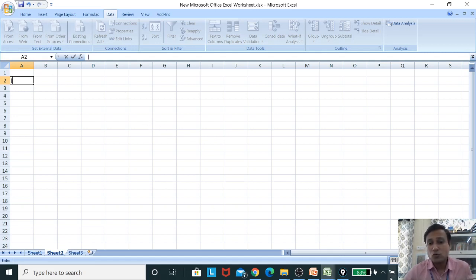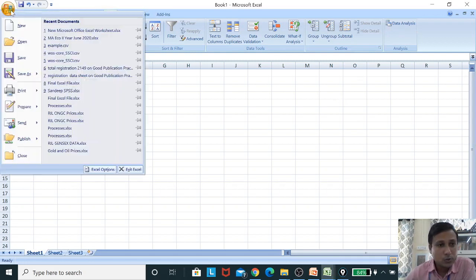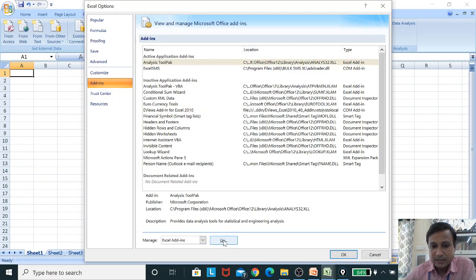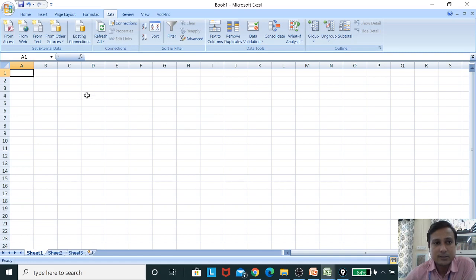So simply, I'll go to the menu. I'll open a new workbook or a new worksheet. Now simply, I'll go to the menu bar, and in that I'll click on Data, and in Data I'll go to the end. Now here you can see that the data analysis is available. So first of all, I'll remove it and then we'll see how to add it. To remove it, first of all, I'll go to the Office button, then I'll go to Excel Options. First, I'm going to remove it and then we'll see how we can add the data analysis tool back.